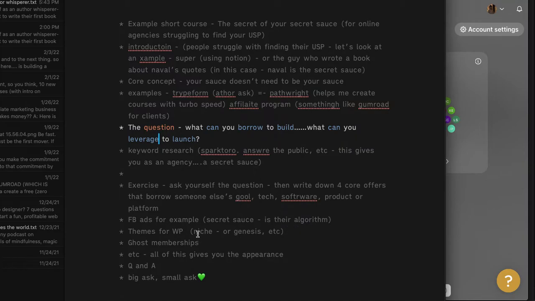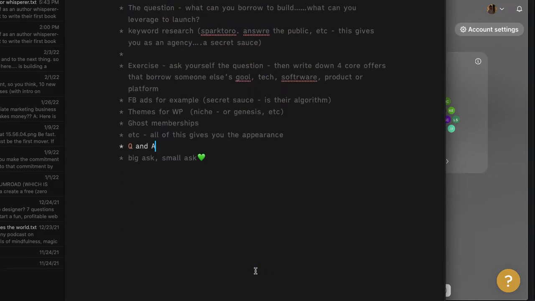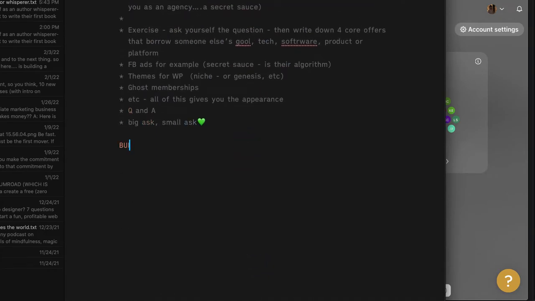Themes for WordPress are also something you can use to give yourself the competitive advantage. You're about to hear my dogs bark in the background as well. Ghost too. All these are things you can do to leverage the secret sauce concept to build your brand and business, and I incorporate all this into the course. Of course, there's the question and answer period, which is very easy. You just ask questions proactively that your readers will have or already have, and you answer them. And then the small ask is asking them to take small commitments to do all these steps above. Finally, the big ask is build your agency